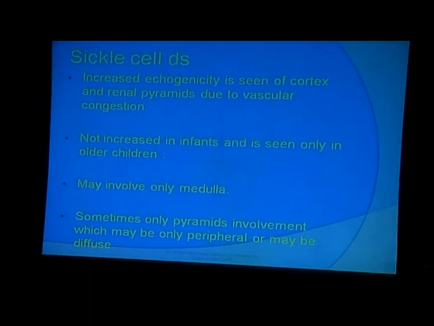And the second important thing that you should remember, that when you're looking at a case of nephrocalcinosis, it is not necessary that the whole pyramid should be white. You may have different appearances. Like I showed you, it may be just periphery, it may be just center. You may have calculi also associated with it. Sometimes people get confused, they say that in nephrocalcinosis usually there is no acoustic shadowing, but we are seeing acoustic shadowing. That may be because of the associated nephrolithiasis.